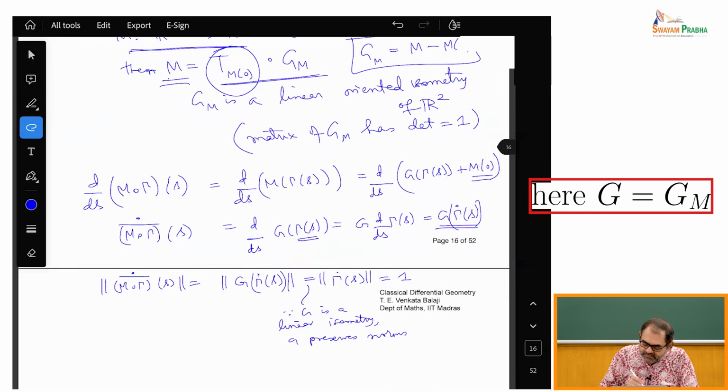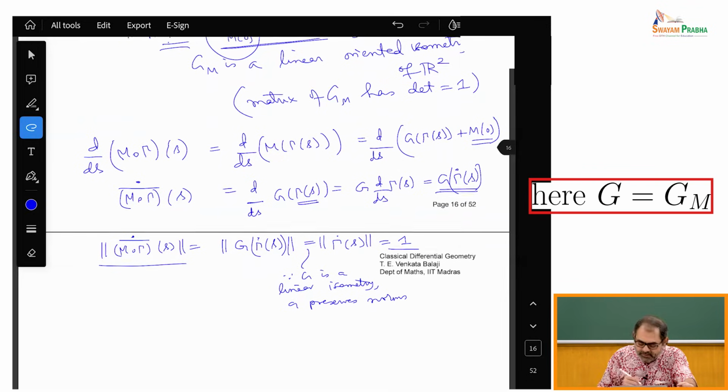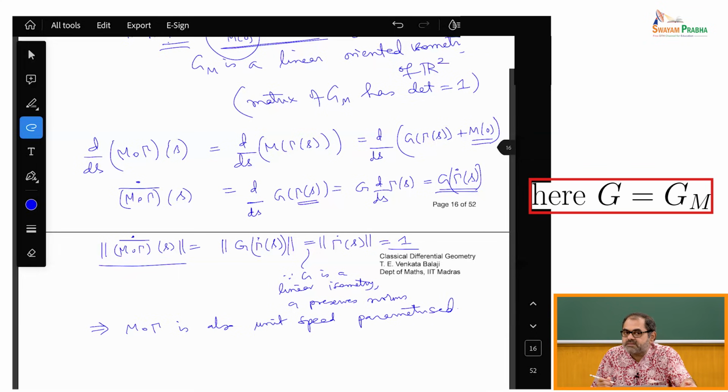So what this calculation tells you is that if you take m circle gamma dot, that also has norm 1, therefore m circle gamma is also unit speed parameterized. Okay, then you can talk about its sign curvature. So what you do is you have to look at, so I have to say, so you see,